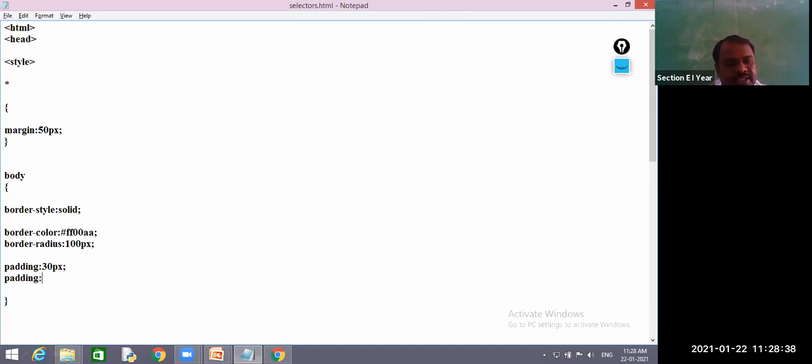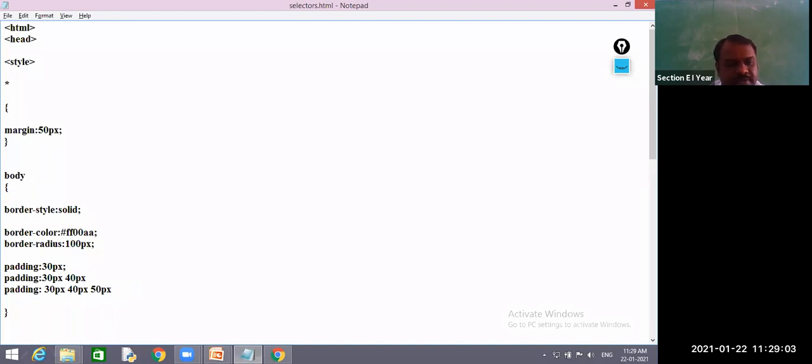So padding with 30 pixel, 40 pixel. Padding with 30 pixel, 40 pixel, 50 pixel and 60 pixel.